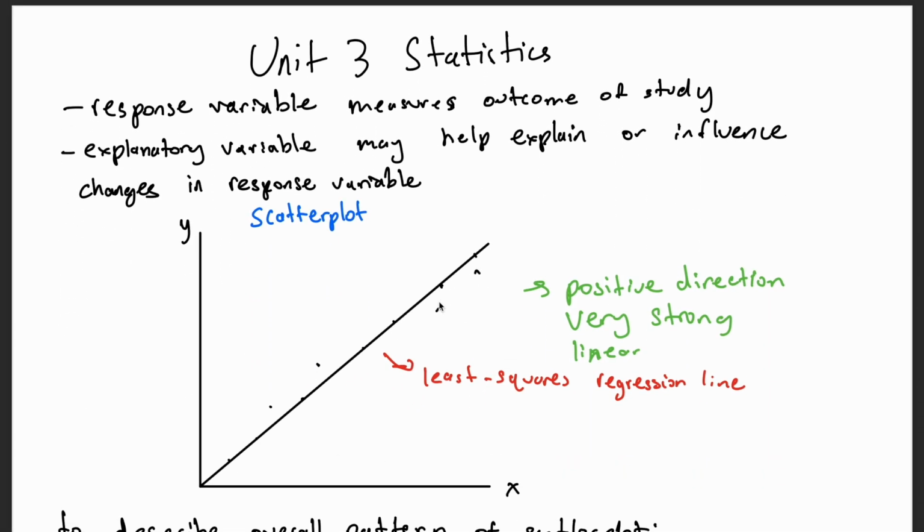So that was pretty quick. That was just Unit 2. Those are the main topics of Unit 2. Now we're going to go over Unit 3 of statistics, where some vocabulary words that you should probably remember are